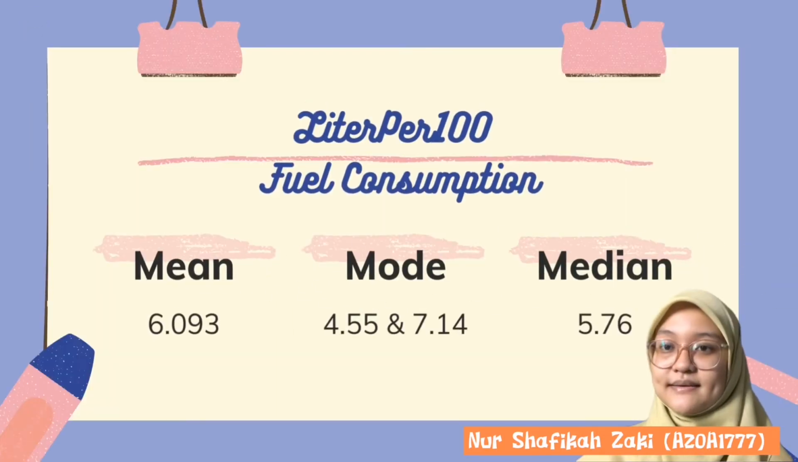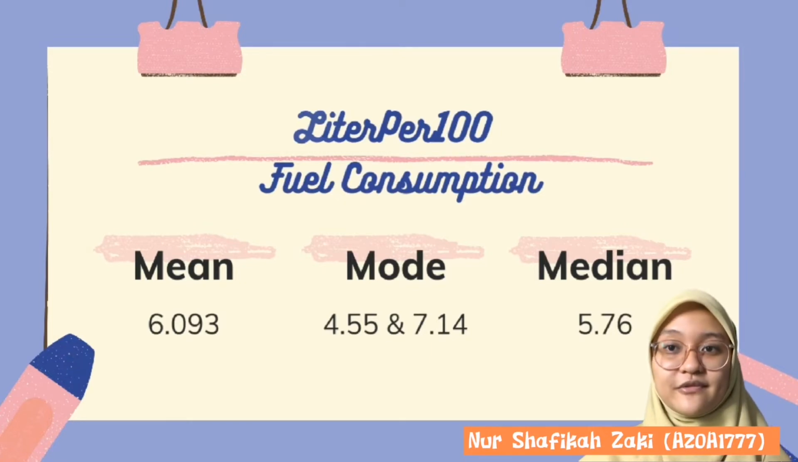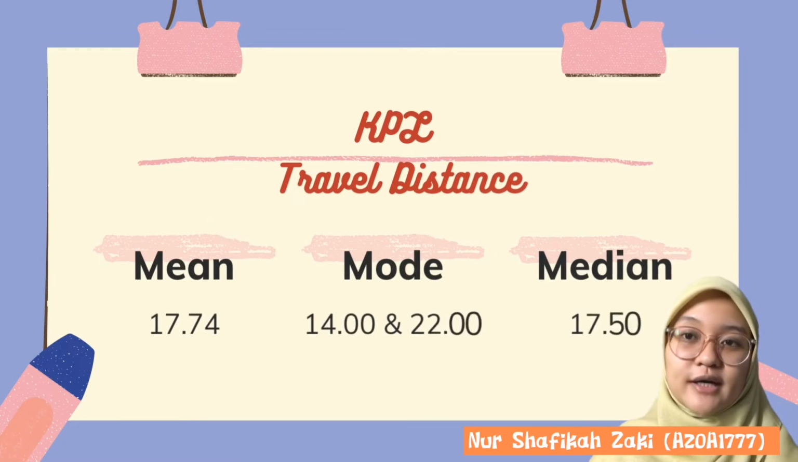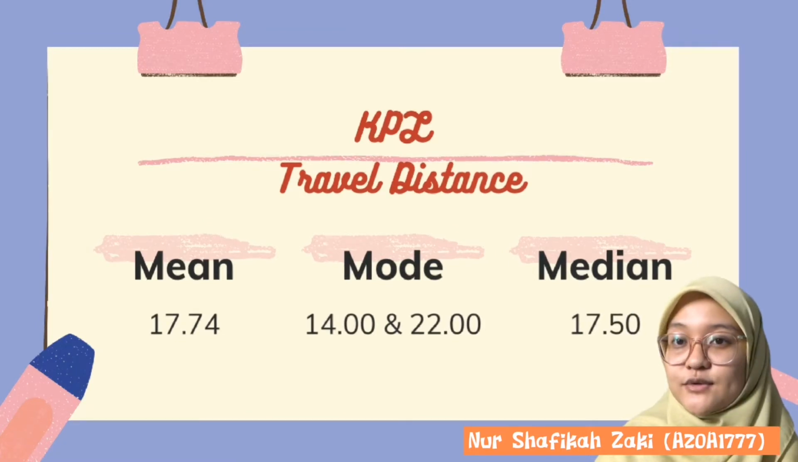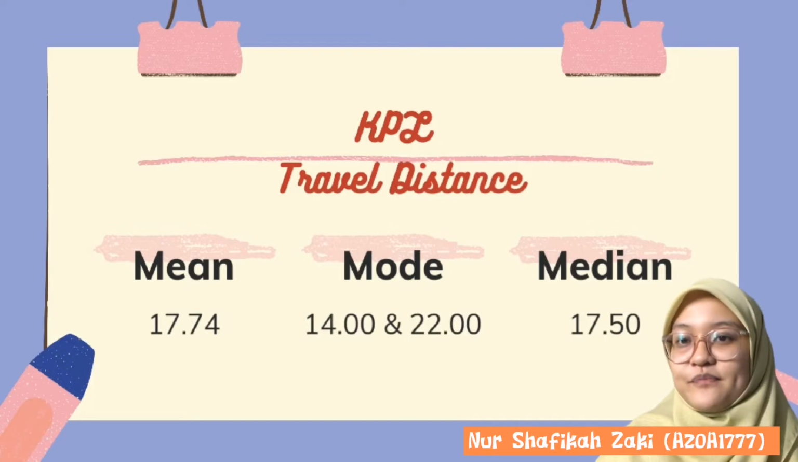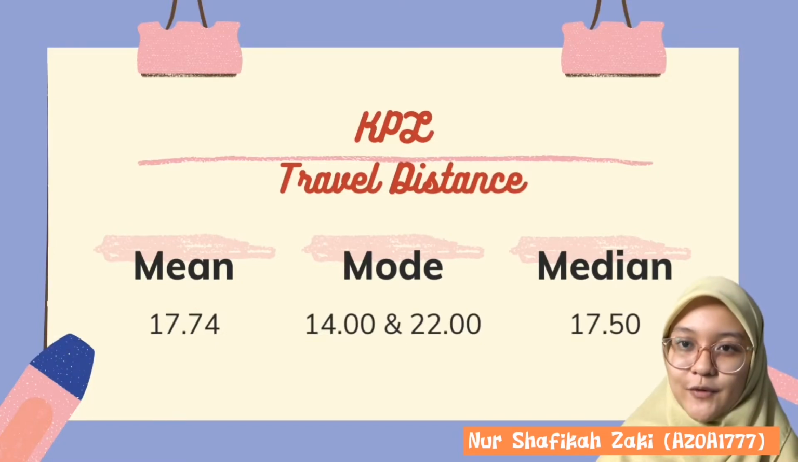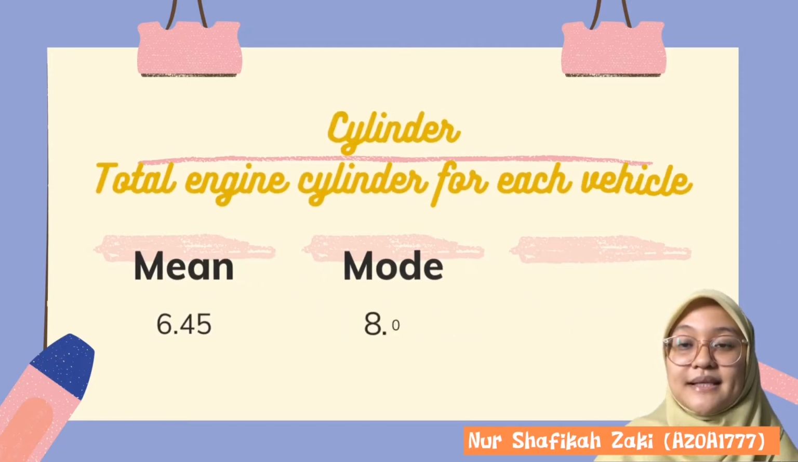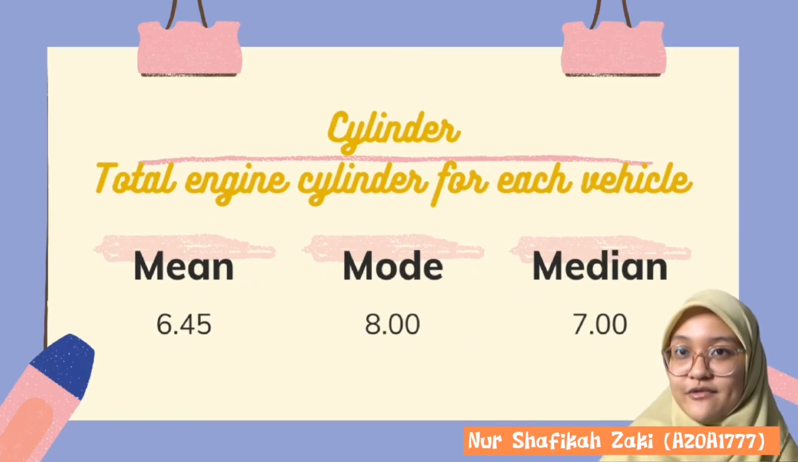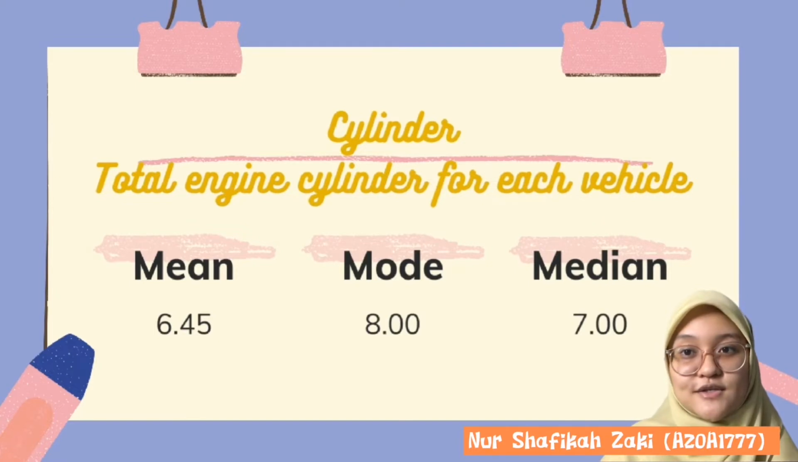For liter per 100, we have calculated the mean equal to 6.093, the mode equal to 4.55 and 7.14, and the median 10.51. Next, we move to KPL. For KPL, the mean calculated is equal to 7.74, the mode equal to 14.00 and 22.00, and the median equal to 17.50. Next, for cylinder, the mean calculated is equal to 6.45, the mode equal to 8.00, and the median